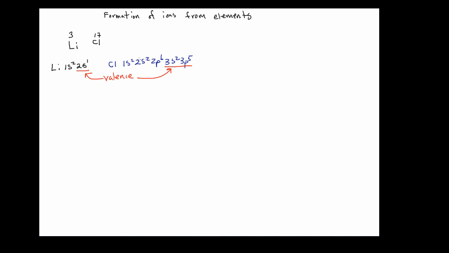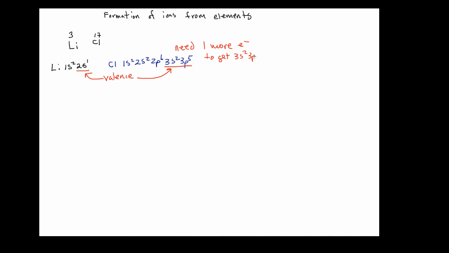So when we look at chlorine, you can see that it's got a total of 7 electrons in its outer shell. It only needs one more electron to have an electron configuration which resembles the type of configuration seen for argon, which would be 3s2, 3p6 for a total of 8 electrons. So I'm going to write that up here. We need one more electron to get